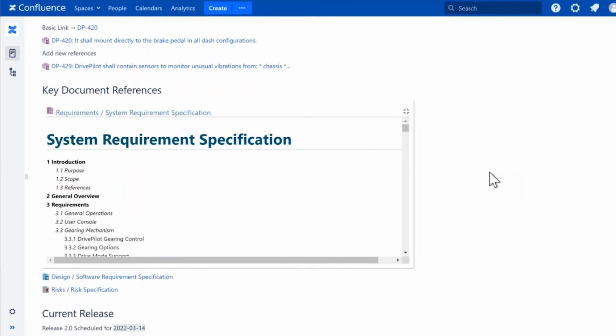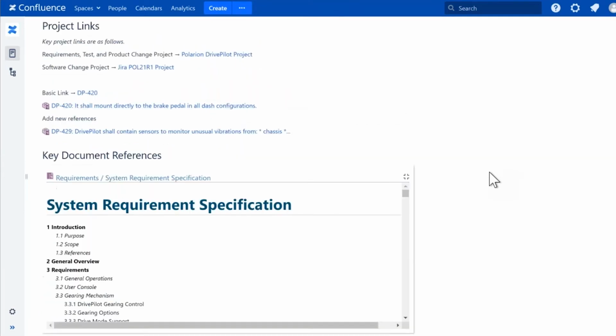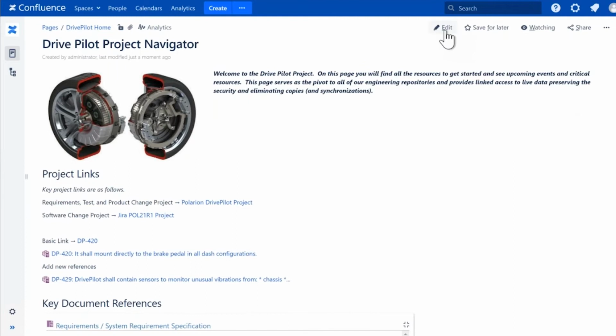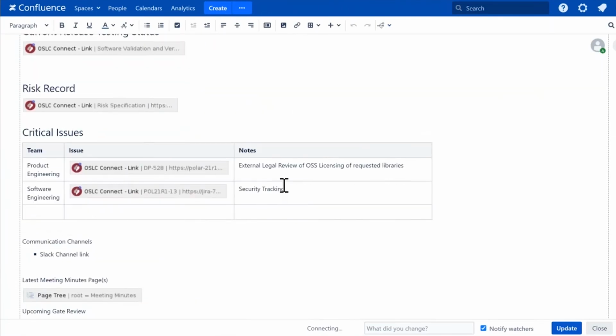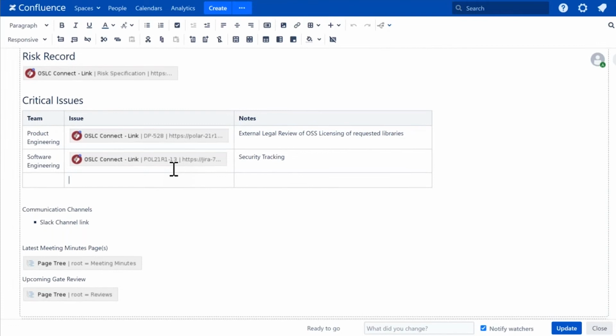Now, not only can I create links to artifacts, the other nice thing about this interaction is that I can also create content. Oftentimes I might be taking meeting minutes. I might have some action items.